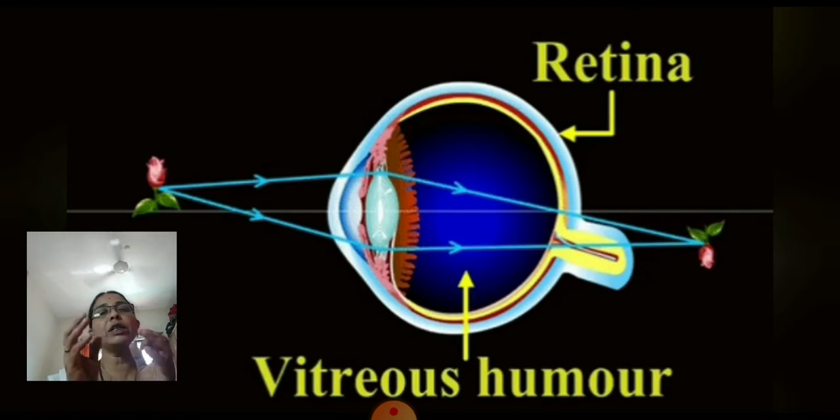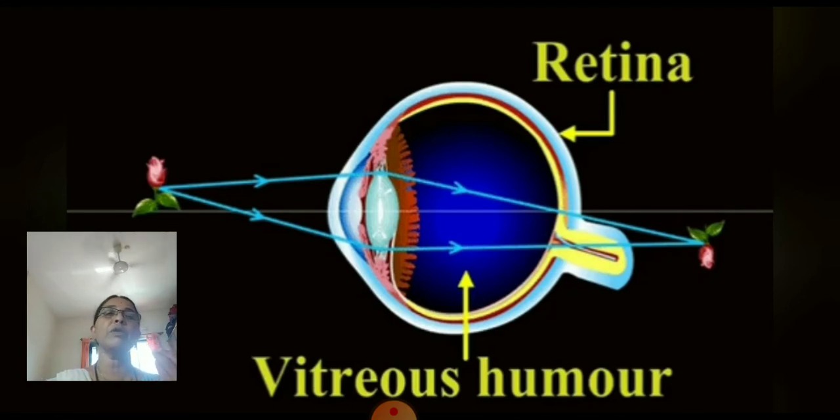As the diameter decreases, the image of nearby things will be formed away from the retina. So this defect is called farsightedness. That means nearby, very close things will not be seen clearly, but the things which are far from you will be seen clearly. Far objects can be seen clearly, but close objects cannot.